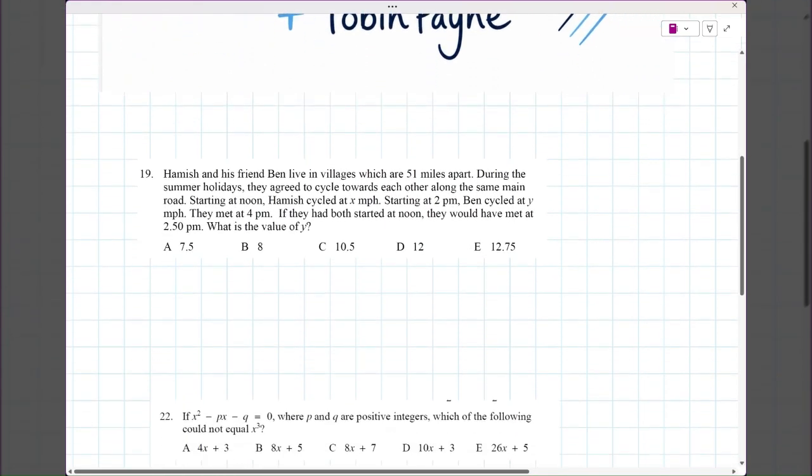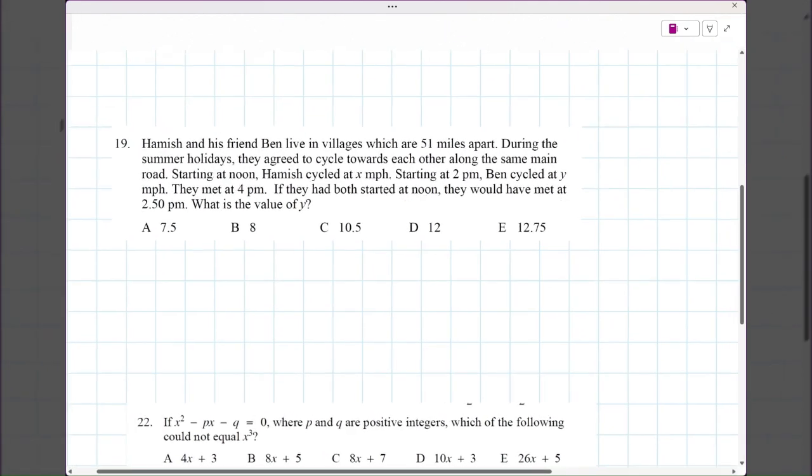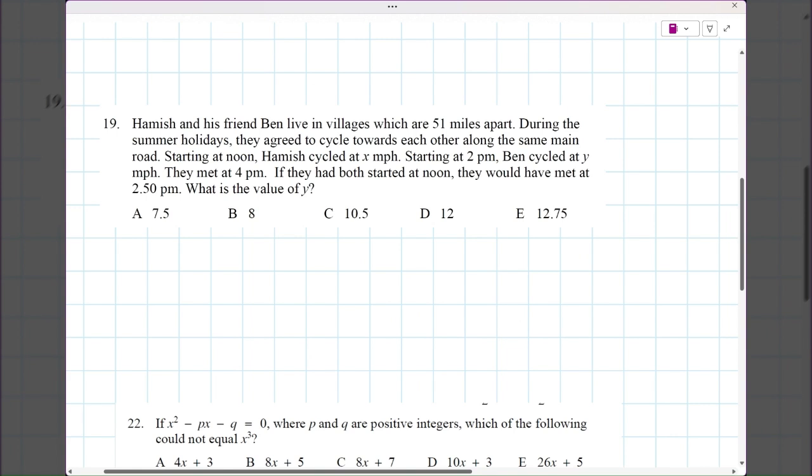So our A-Level Plus question today, we've got a speed, distance, time approach, and we've got simultaneous equations, presumably, because we've got x and y, and there's no mention that they have to be integers, so we're unlikely to go down Diophantine equations route. Always be super careful when you're looking at speed, distance, time, because we know, for example,